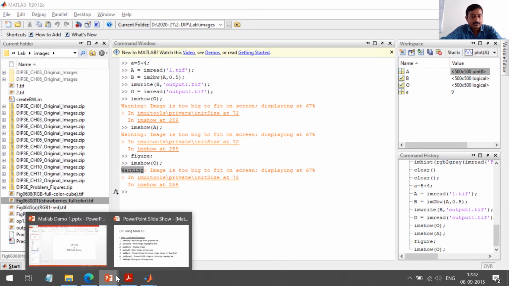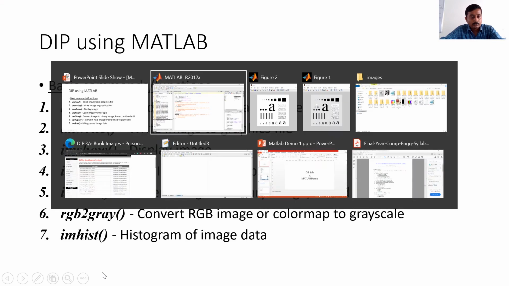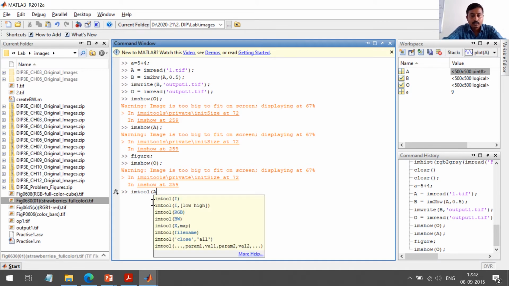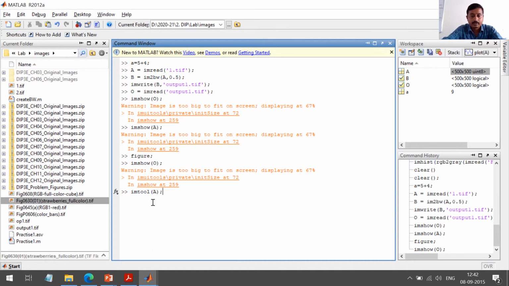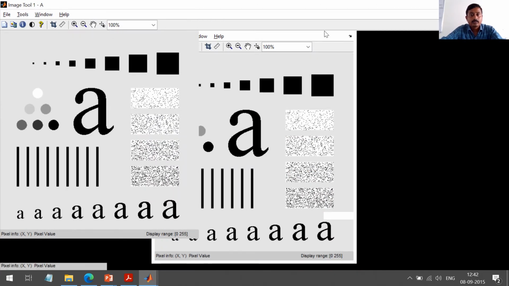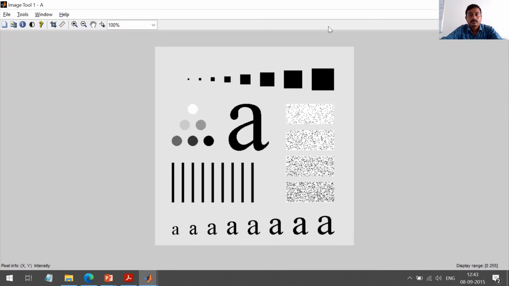The next function is imtool. imtool gives more functionality as compared to imshow. So let me open this A image. Again it is showing the same image, but we have more functionality here.